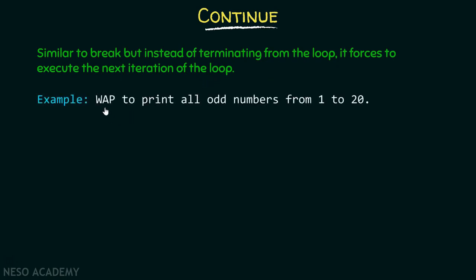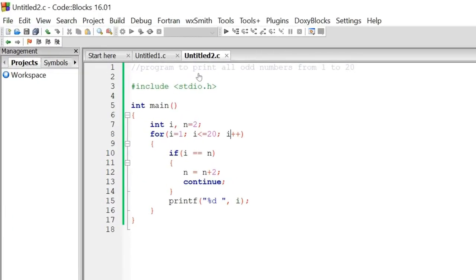We need to write a program which prints all odd numbers from 1 to 20. Let's see how we can write a program for this. So here is the program which allows us to print all odd numbers from 1 to 20. Here I have declared a variable i and one more variable n, and I have assigned it a value 2. After that, I have written one for loop. Inside this for loop, I initialized i with 1, I check the condition is i less than or equal to 20 or not, and then I simply increment the value